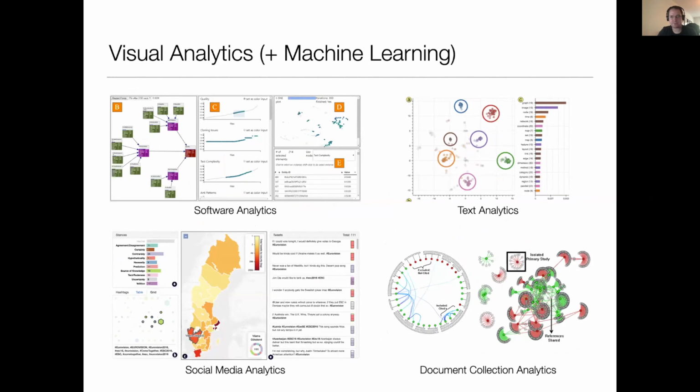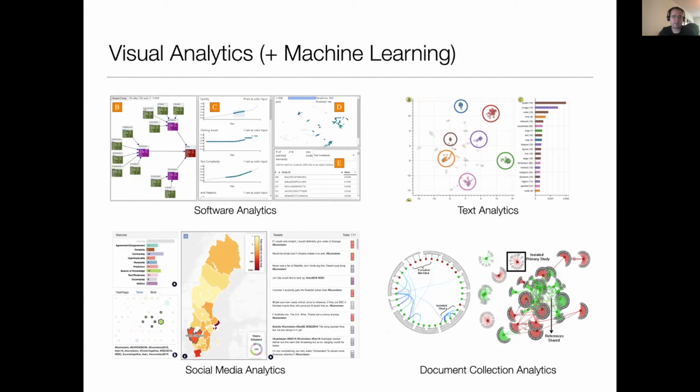Text analytics, where we have published a couple of papers about how to use visualization to explore text documents, and social media analytics, where it's also about text, but text from social media that comes with more metadata and more information. Document collections for systematic reviews, and so on.